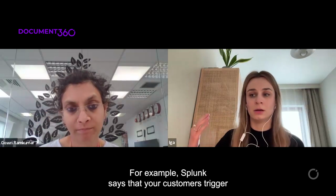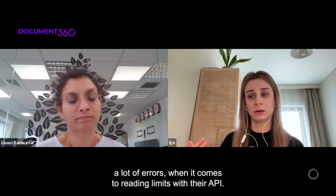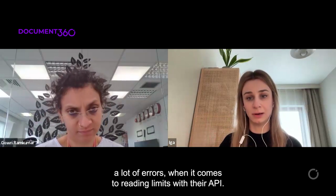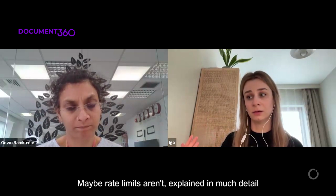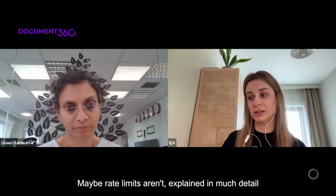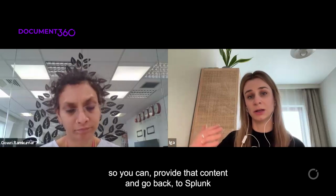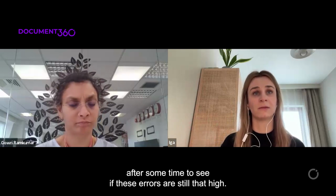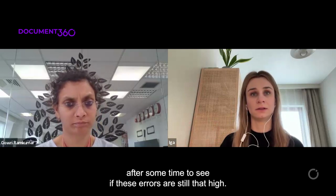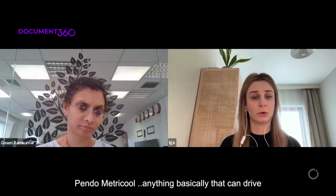For example, Splunk says that your customers trigger a lot of errors when it comes to rate limits with their API. So you should investigate. Maybe rate limits aren't explained in much detail, or maybe they're not explained at all in your documentation. So you can provide that content and go back to Splunk after some time to see if these errors are still that high. Other software that I use: Pendo, Metrico,